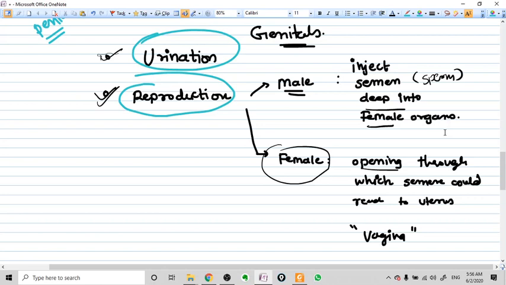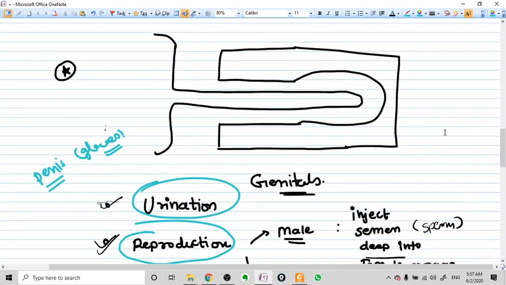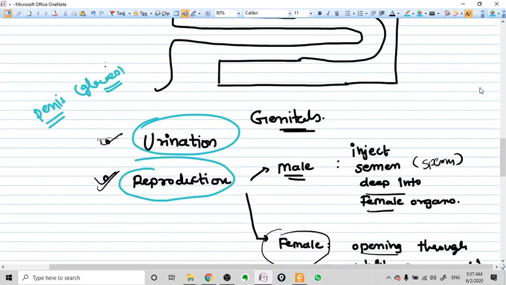So in case of female, we have a vagina and a vaginal opening in the external genitalia, along with the urethral opening. So this is the basic function of both genders' genitalia. This is male's genitalia and this is female's genitalia. So let's talk about